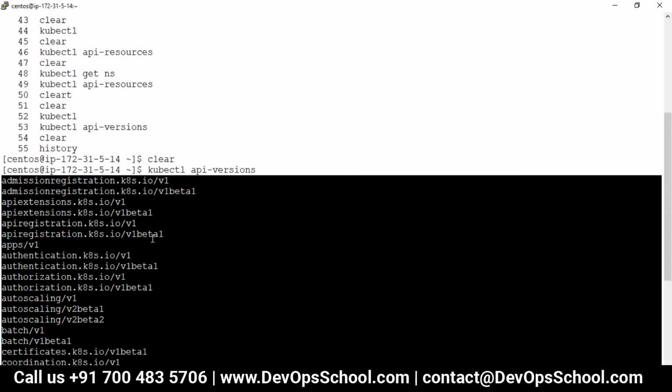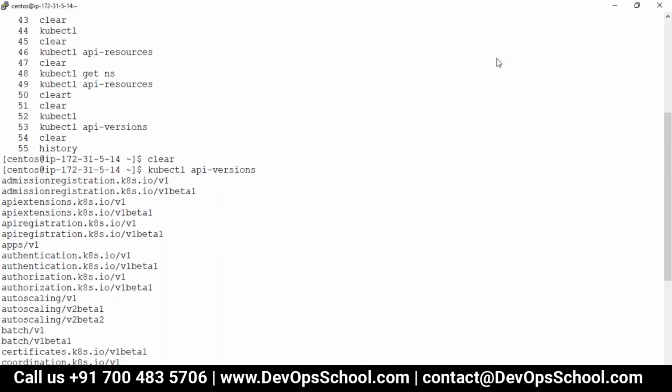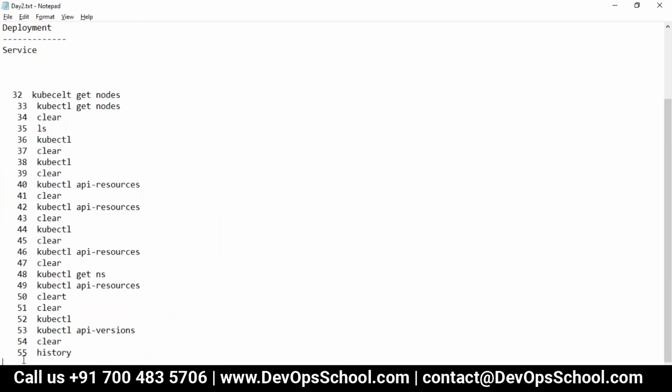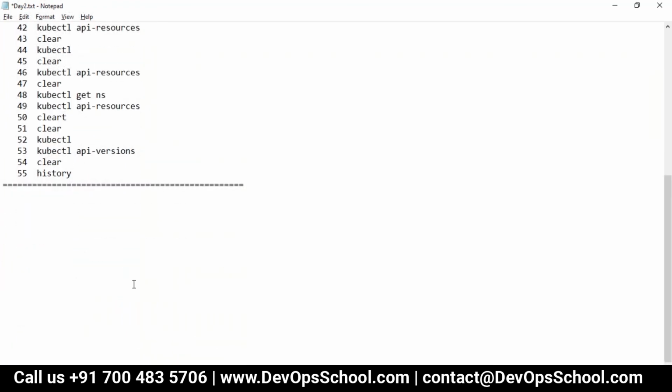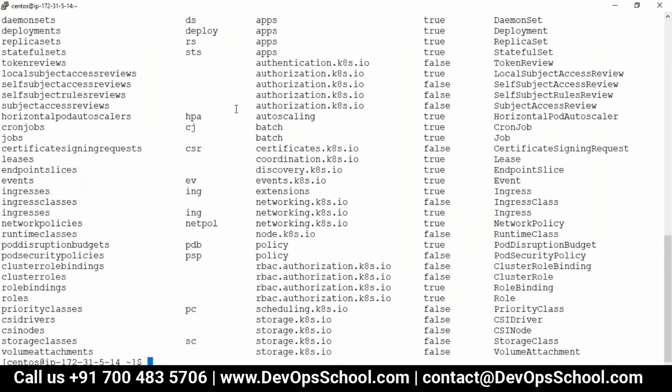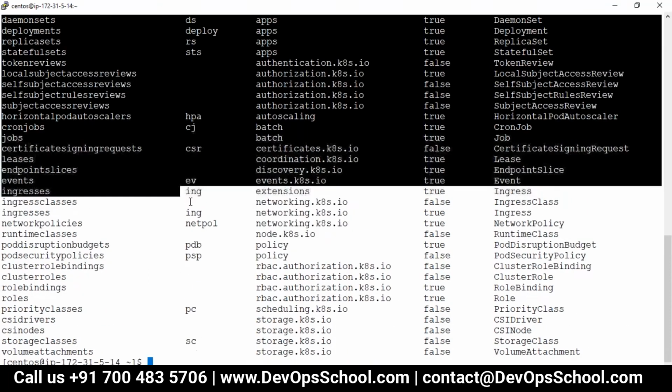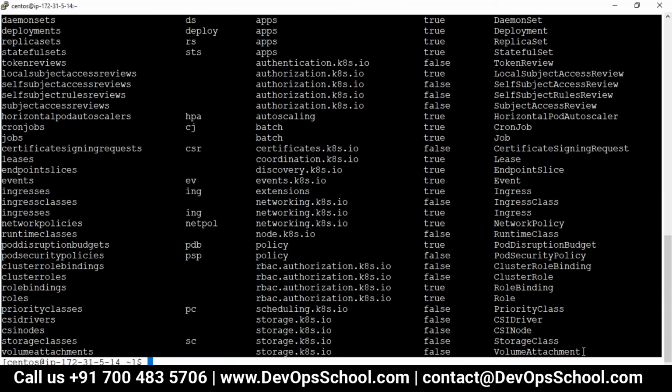Okay, guys. So now I made you comfortable with these commands and API resources, version, namespace, and stuff like that. Now I'll teach you one magical pattern. If you're a programmer, you know that already. But let me tell you, all these API resources, understand that this magical pattern will be applied on everything. Everything means all the resources. That means in one go itself, I'm teaching you everything by following this pattern.